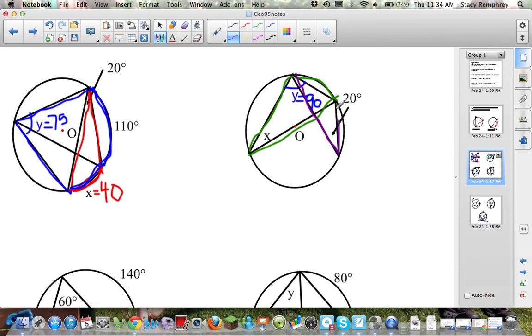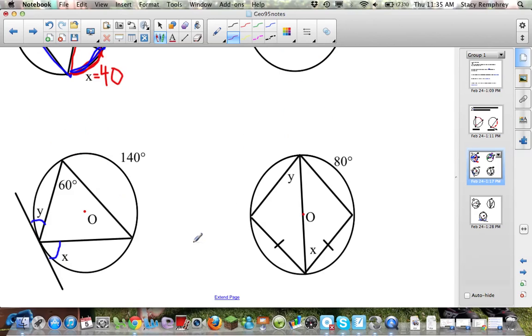It intercepts the same arc. So if this angle is 20, this arc must be 40. Angle X must be equal to that angle because it intercepts the same arc. Angle X equals 20. Ooh, I'm a big fan of the purple. Love that. Okay, as we work down here,